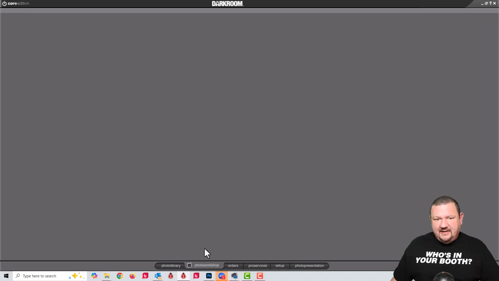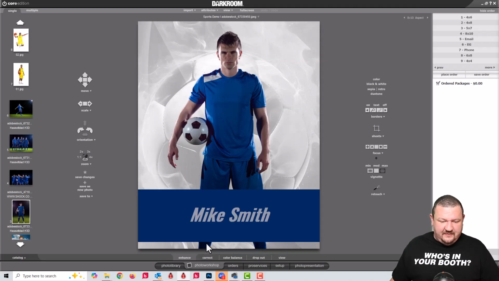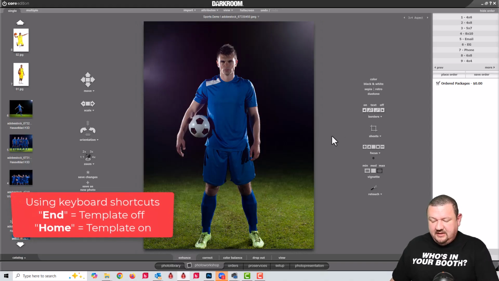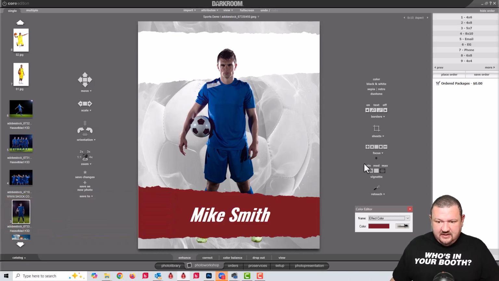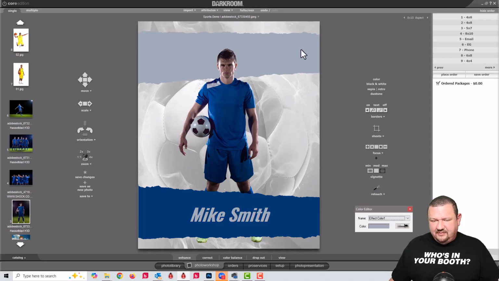Now when we switch back, let's click N to remove the template, and then home to bring it back. And now it's updated, so we can update that, and now we have color effect 1. So there's color effect and color effect 1. Maybe I should label them 1 and 2, but really it doesn't matter as long as you're paying attention to which one you're selecting. Now when I click here, it's updated this background and that text with that same color,